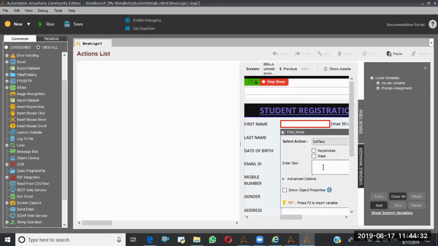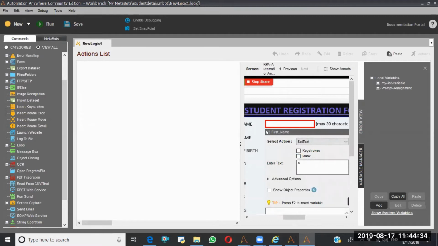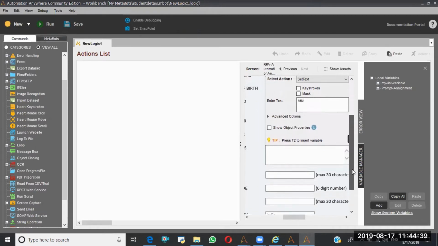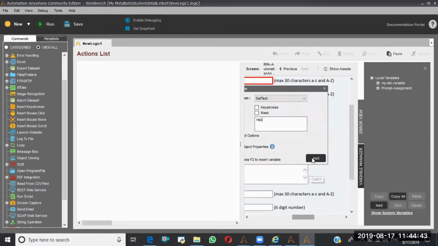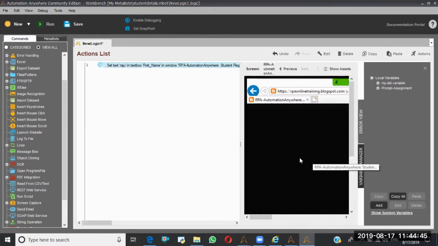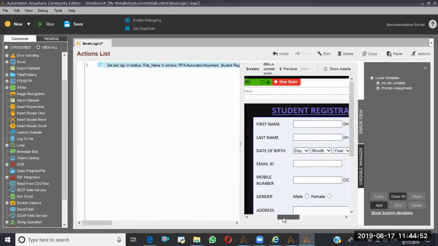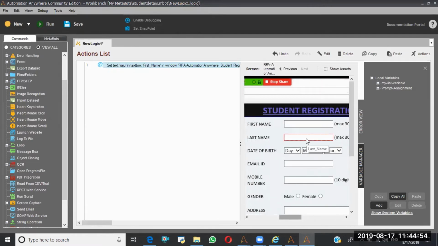Here I'm selecting this field. I'm entering Raju. Now I'm going to add this one. See, automatically this set text has appeared here. Next, here I need to update the next field.